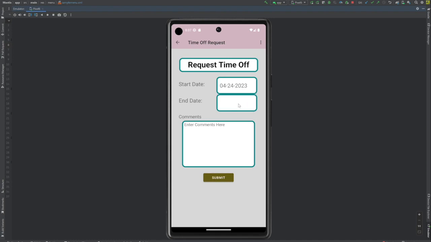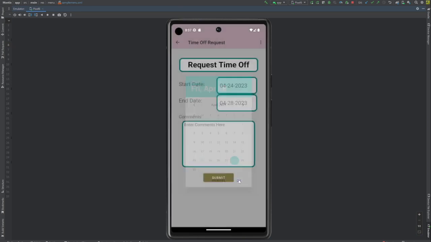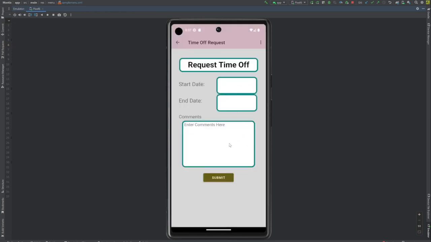Next, click on an end date. You click on this box. It'll also pop up with the calendar, and we'll say the 28th. And then under comments, we can choose to leave a comment or not. We'll leave it blank just to show an example of that. And we press submit, and it says the request has been submitted successfully, and all the boxes empty once the